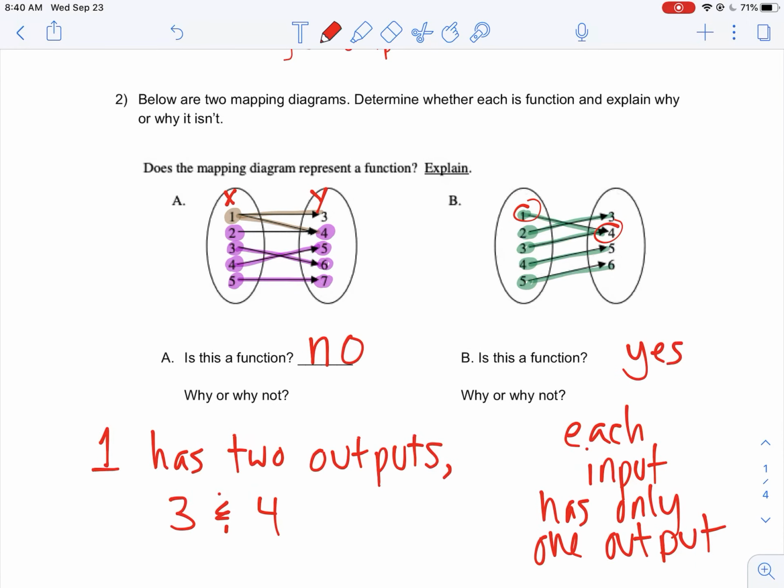So that covers number 2 here. I wanted to go over that, how you can use a mapping diagram to represent a function or determine whether a relation is